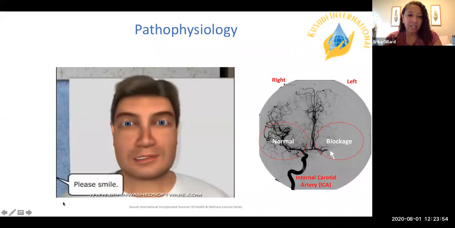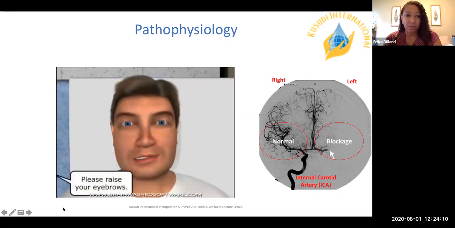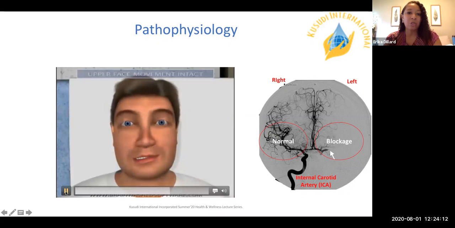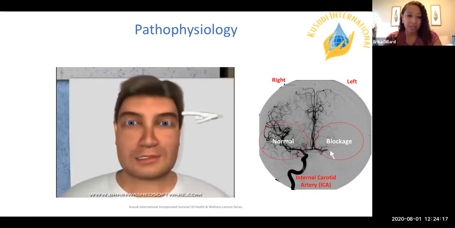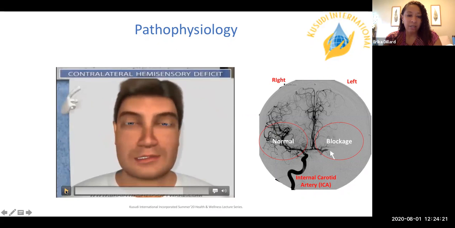So if you ask a patient to smile, what you'll see, as we talked about before, is that when they smile, the side that's weak is drooping compared to the left side. This is very typical of brain injury. What's also typical about this is if you ask the patient to raise their eyebrows, they're actually able to raise both sides equally. So this also points towards a brain injury. One thing we also do, as you can see, is that you try to give the patient a stimulation that kind of makes them alert and look towards one side.